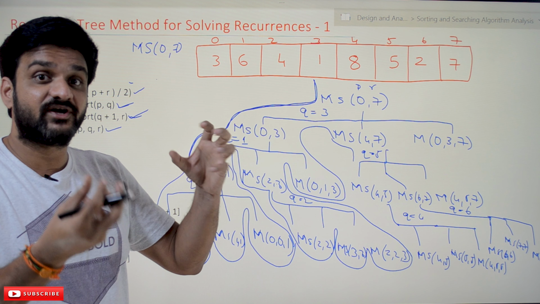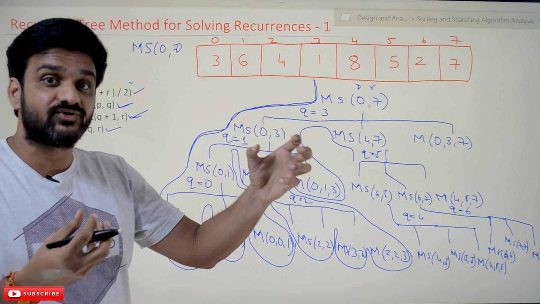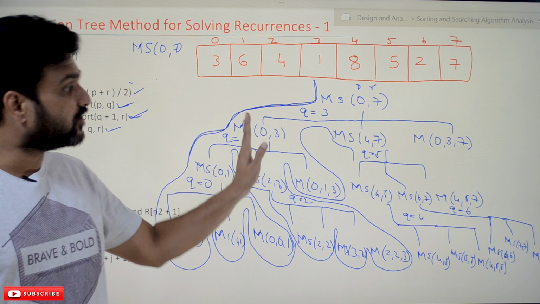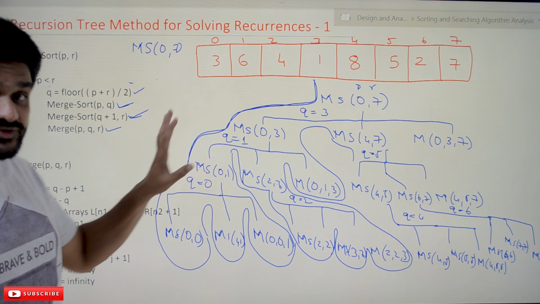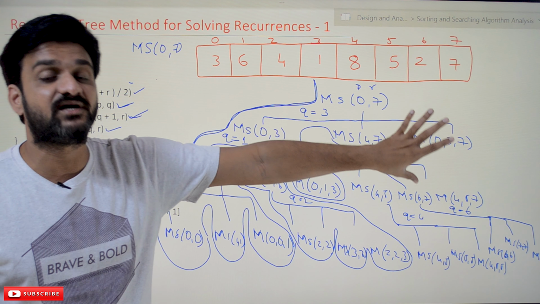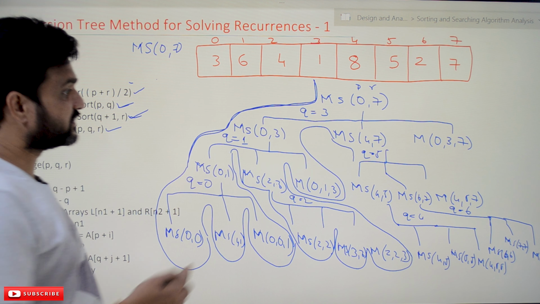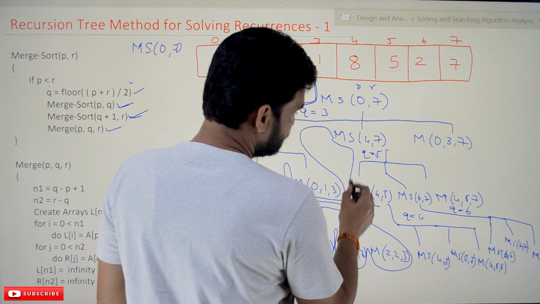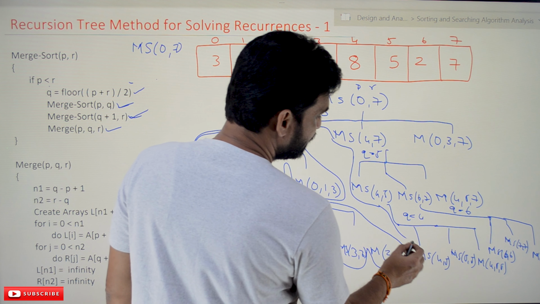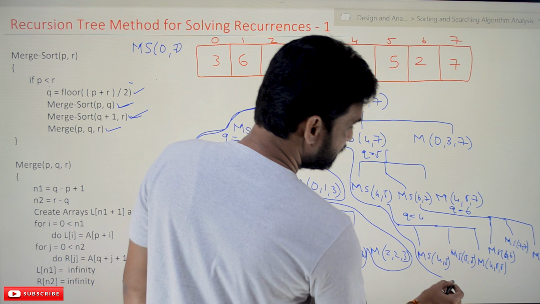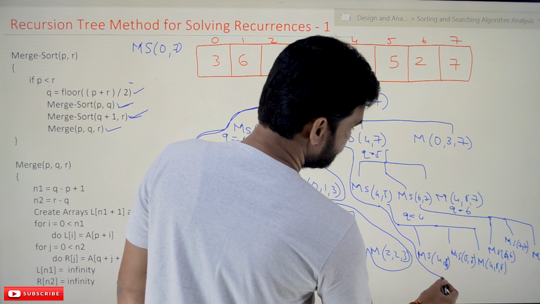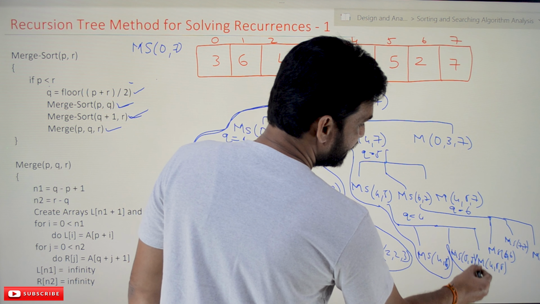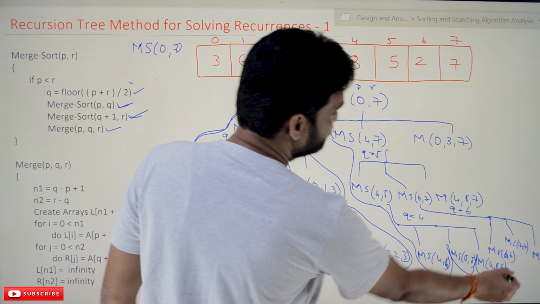So what we are trying to understand is how the recursive tree will be and how the function calls will be. Later we will try to understand how to analyze this recursive tree. So using this recursive tree, how can we get the efficiency? Okay, so now this is another function call. This is the next function call 4 comma 5, and that 4 comma 4, this one. So I have written wrong. And next 5 comma 5, and next ms of 4 comma 5 comma 5.